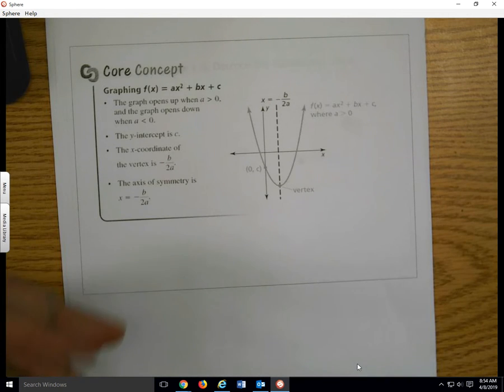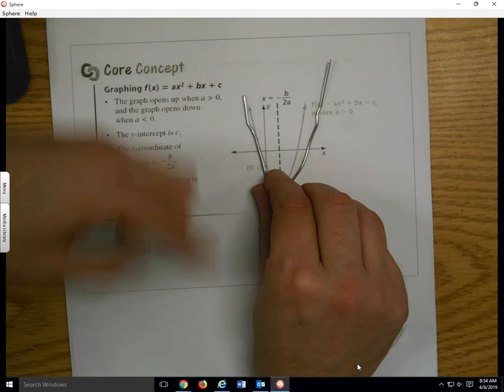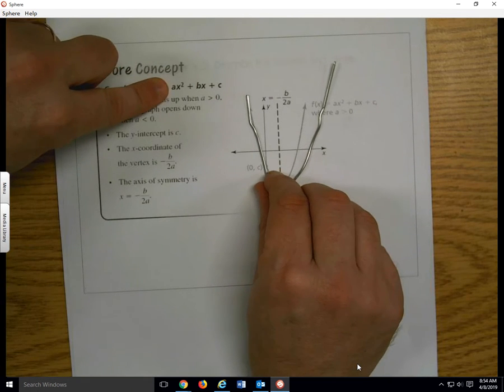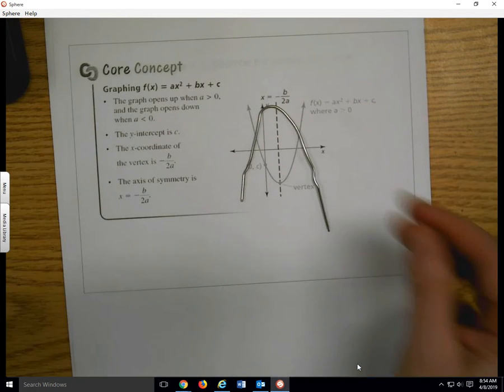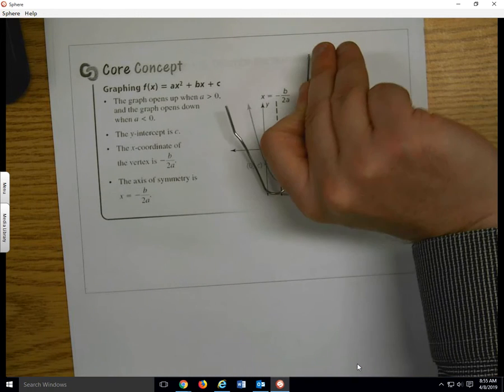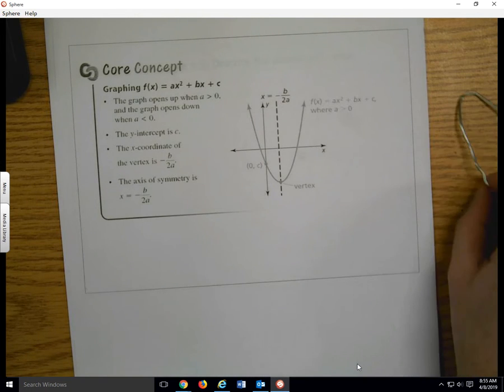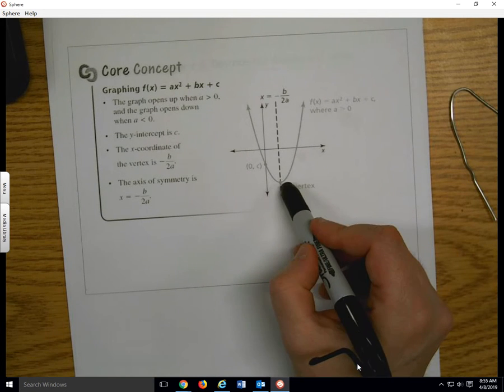We said if the a is positive, that it's going to be up. But if this a here is a negative, then we saw the parabola would actually frown. If it's negative, it frowns. How convenient is that to remember? Okay, if it's positive, it smiles. That's good. And then we started learning about this thing when we talked about the vertex,